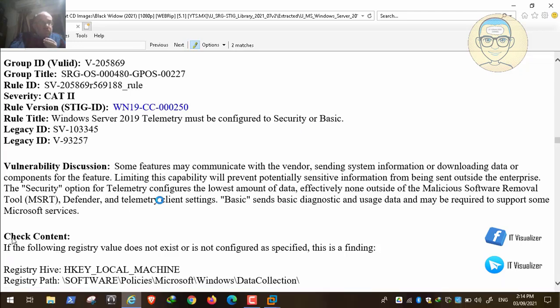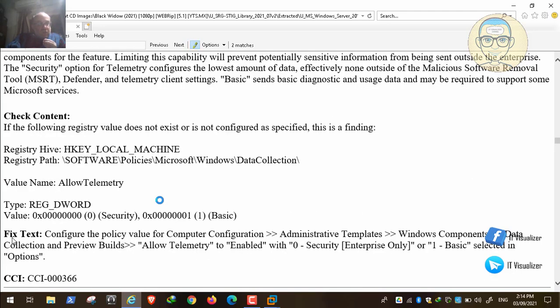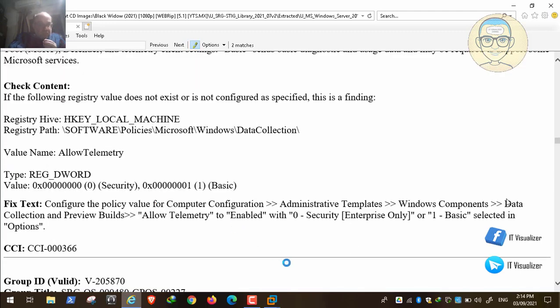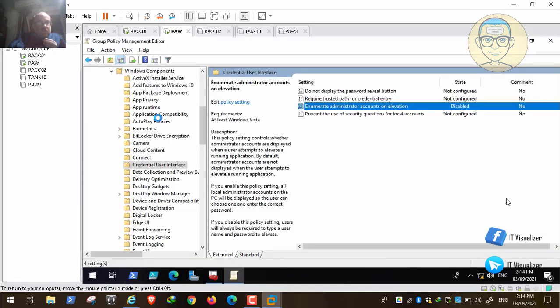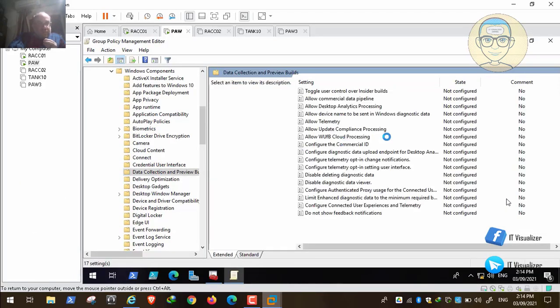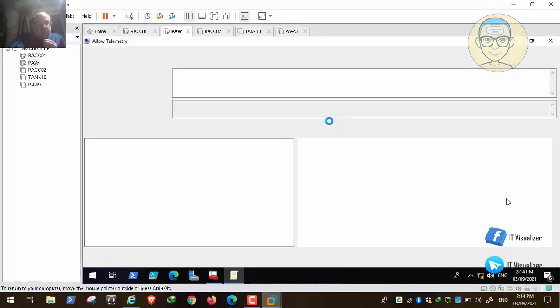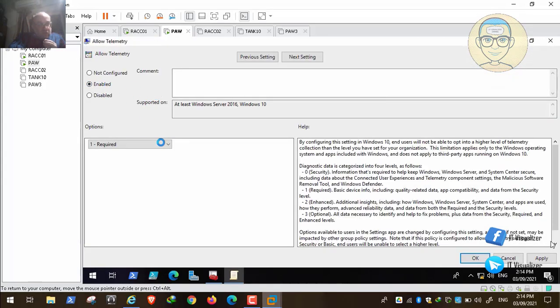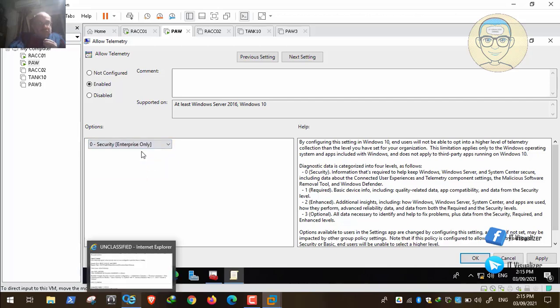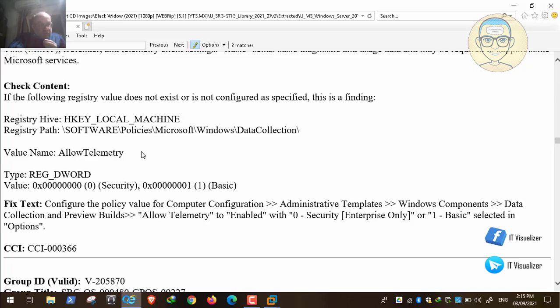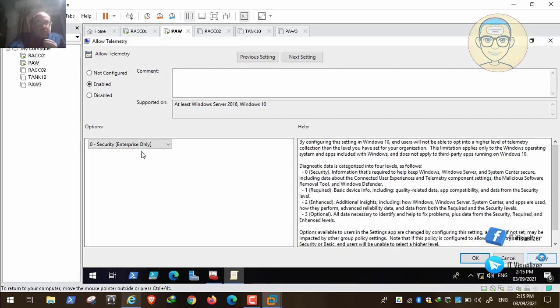Okay, so this depends upon your environment. If you are in the military, I think you can use the enterprise. Okay, so it's saying security enterprise only. I prefer to use this one, not the basic. Okay, so we can go and configure telemetry, allow telemetry, and then we need to tell it security only. So we need to tell it security enterprise. Okay, this is the one. So the least amount of data to be sent to the Microsoft website. Okay, so we can apply and okay,